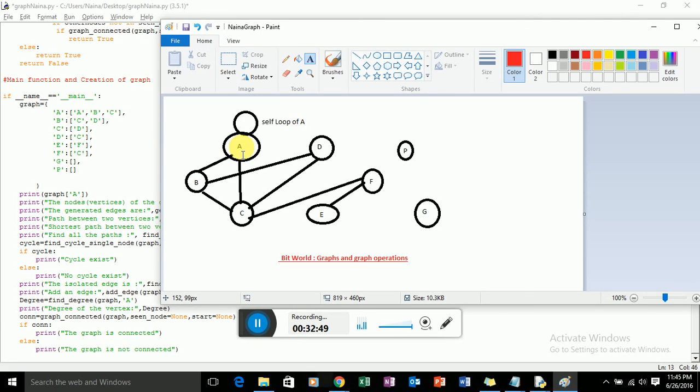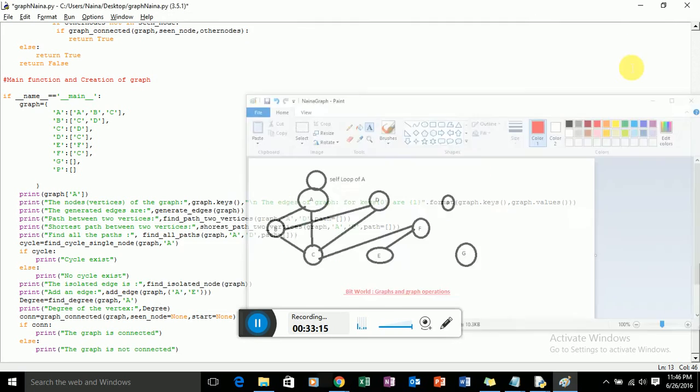So if I want to say whether this graph is connected or not, you can say this graph is not connected. Okay, because you can go from A to B to C to D, then from C you can go to E to F to E. But if you want to go to P and G, in that case you will not be able to. So basically this graph is not connected. Okay, so how to find this?